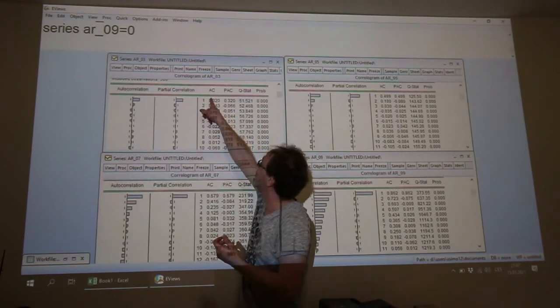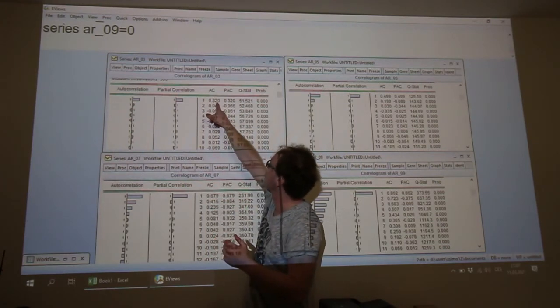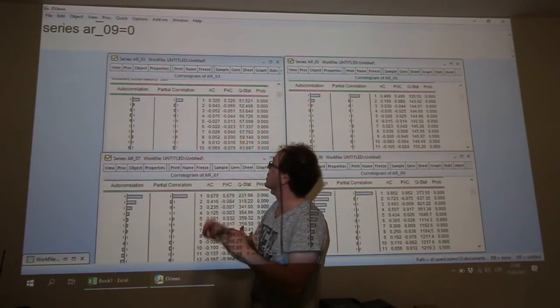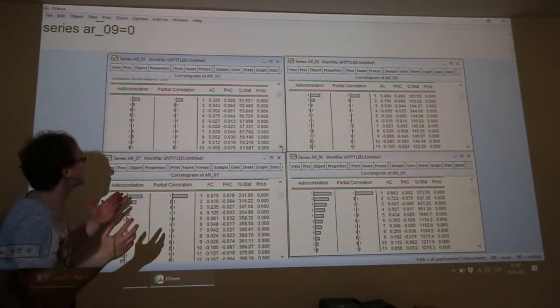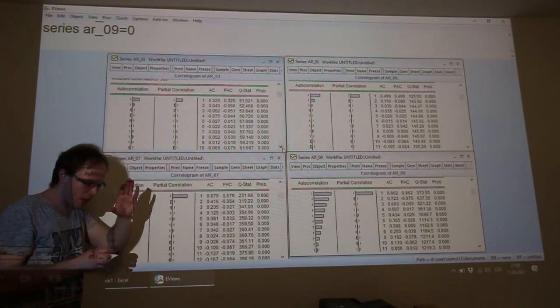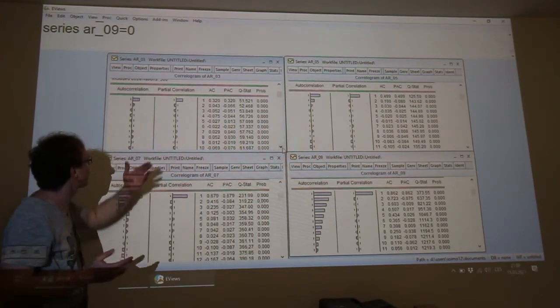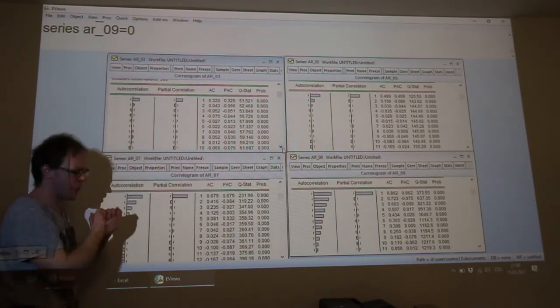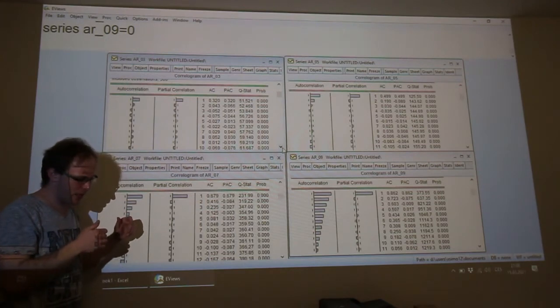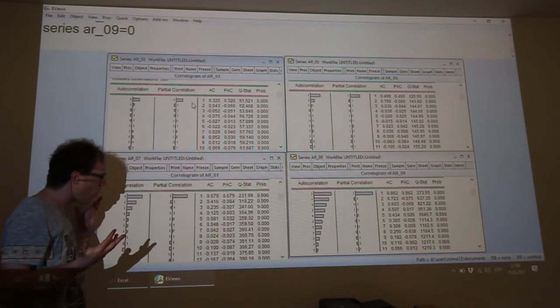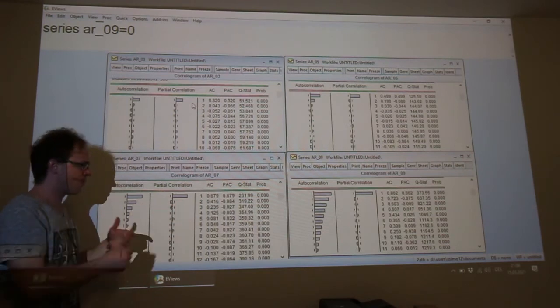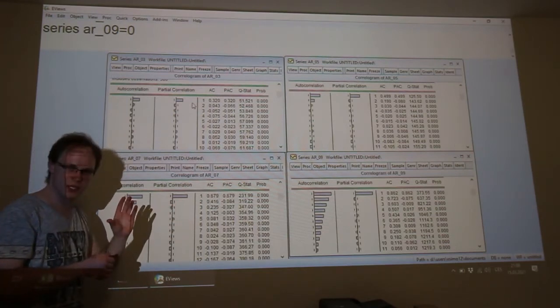You can see autocorrelation coefficient 0.32. Yes, there is no significant exponential decreasing. So this situation is difficult in the case that we would like to model this time series. Yes. Okay. So we have here 4 processes, 4 autoregressive processes.